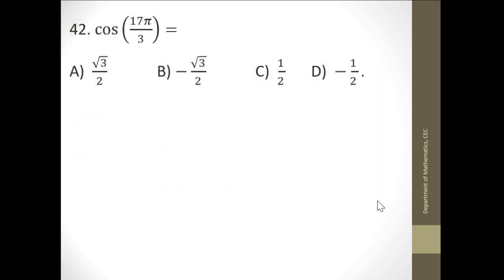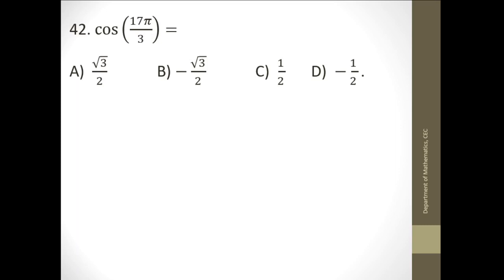Next question, here also. Even multiples of pi, that means 2 pi, 4 pi, like that you remove. So, the nearest value is 18 pi by 3. 18 pi by 3 minus pi by 3 is 17 pi by 3. 18 by 3 is 6 pi, so 2 pi, 2 pi, 2 pi. You can remove multiples of 2 pi. The remaining is minus pi by 3.